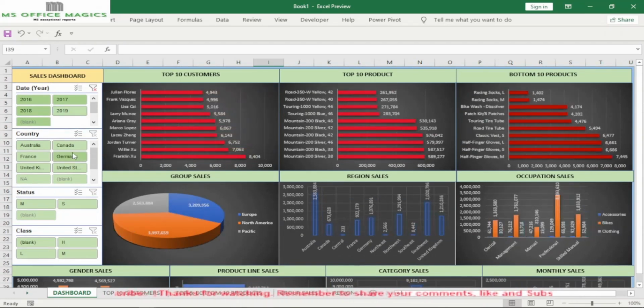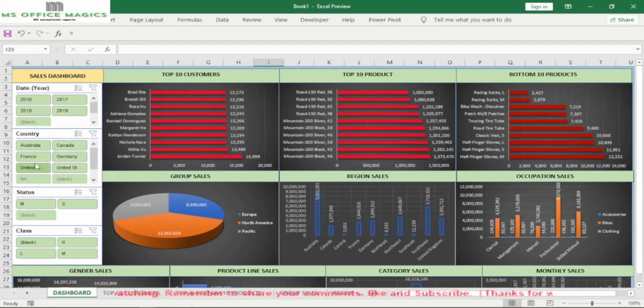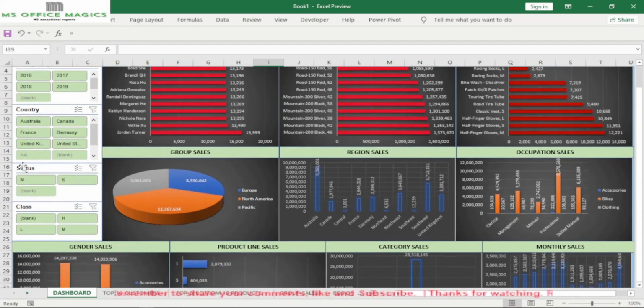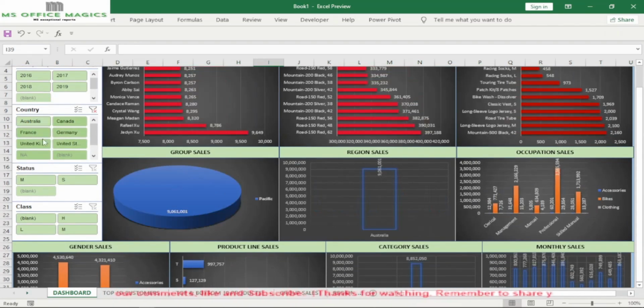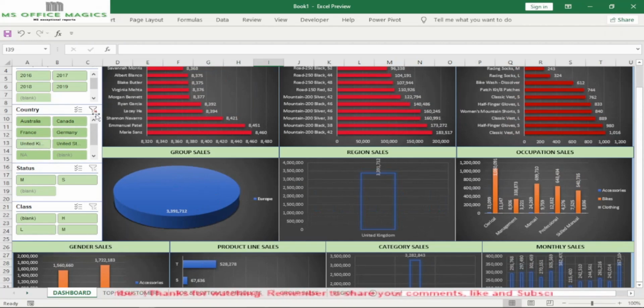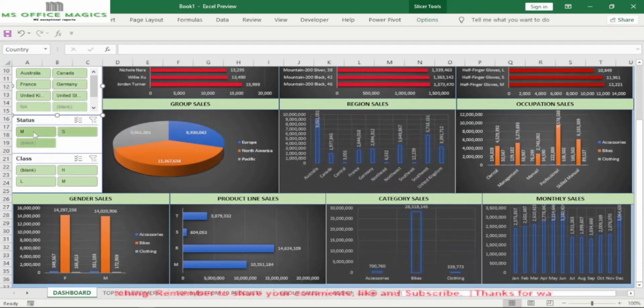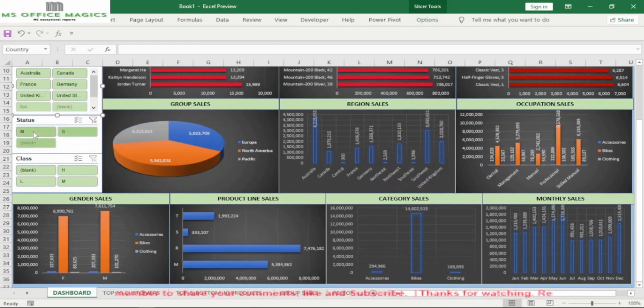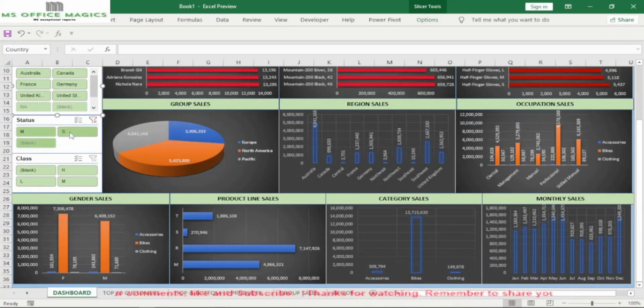Okay, so let me try to choose different countries from my country slicer. So everything is changing. And then when I go to gender as well, and then when I go to class,